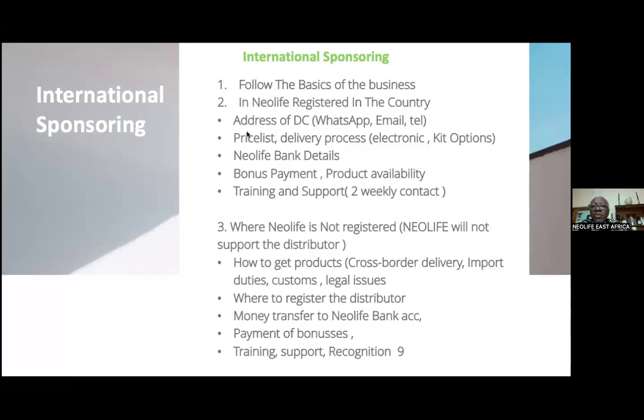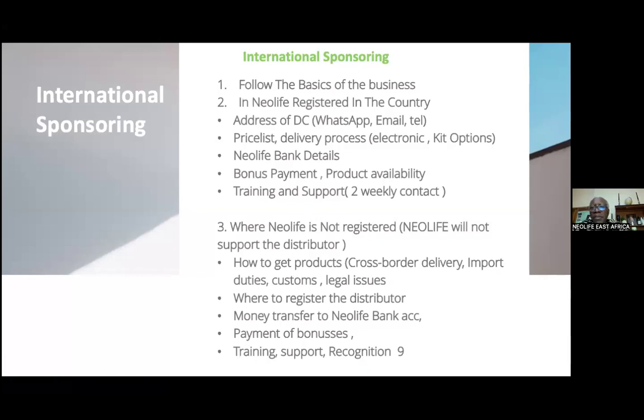So it's important for you to know the address of the distributor service center, the WhatsApp number for product ordering or sending information, the email address, the telephone number, and the location of where the company has products.